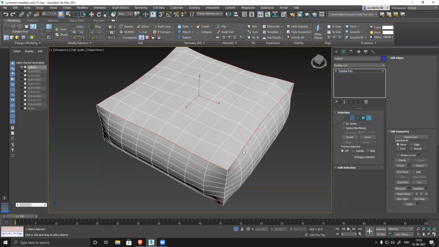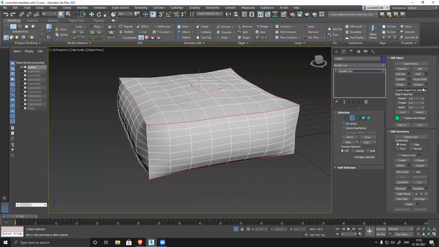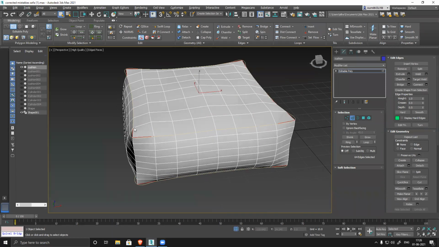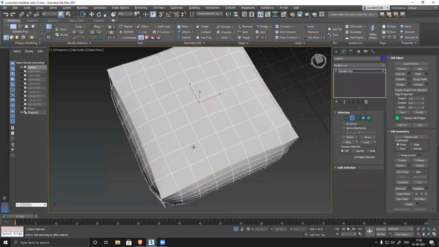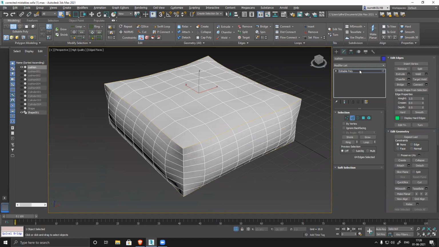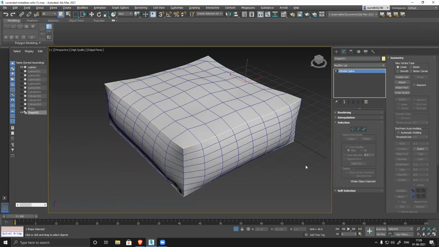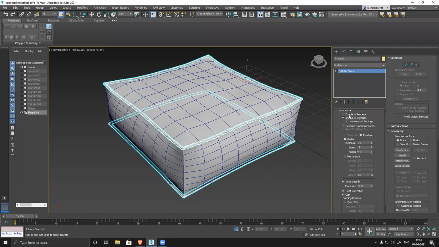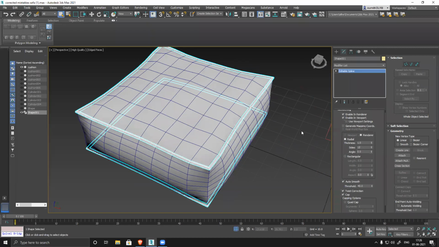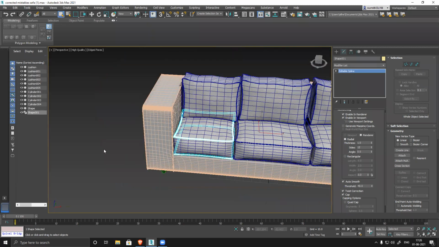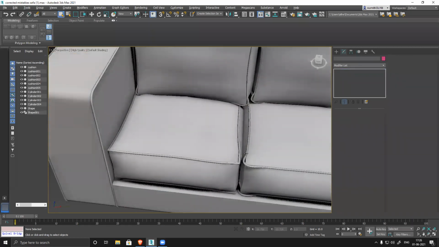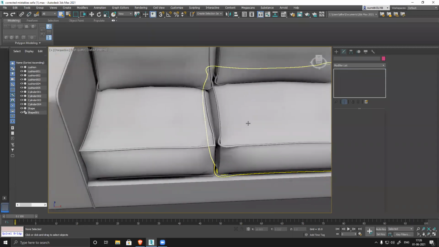If I delete these two and select these two edges and choose create shape, there are two options, smooth and linear. Make sure to change it to linear. If you make it smooth, it will create this shape. Undo this. If you make it linear, it will snap to the surface, and then you can select those surfaces and change the rendering. So we must choose linear for that option.